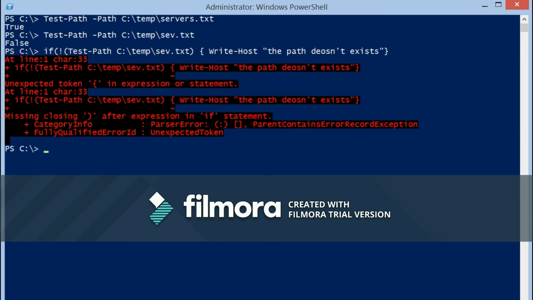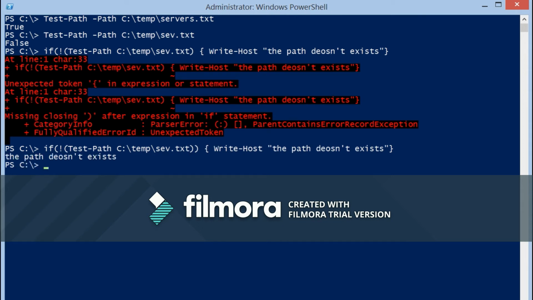Enter. There's some error message. Let me see it. Oh, so we missed one bracket here. As we started with a small bracket, we need to close it here. Yeah, now it's correct. So it's giving a message that the path doesn't exist. If I give some correct path,